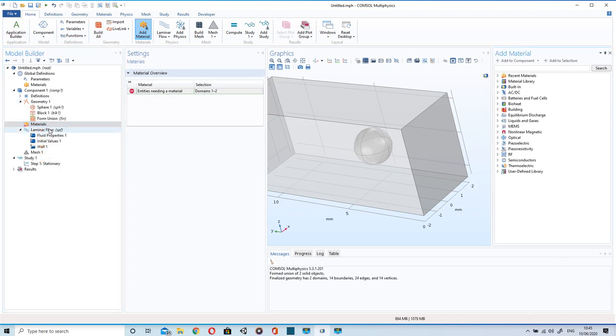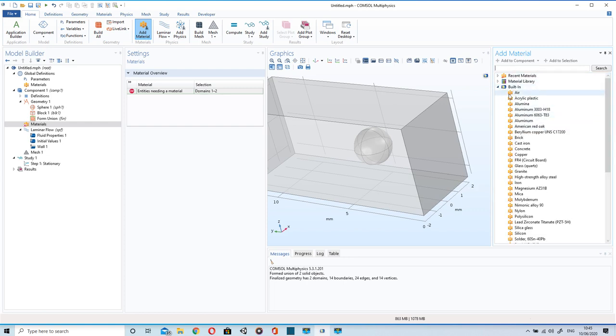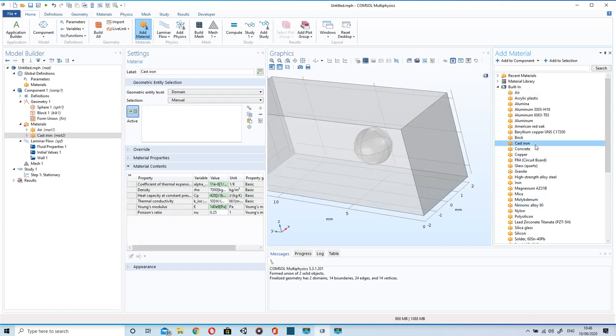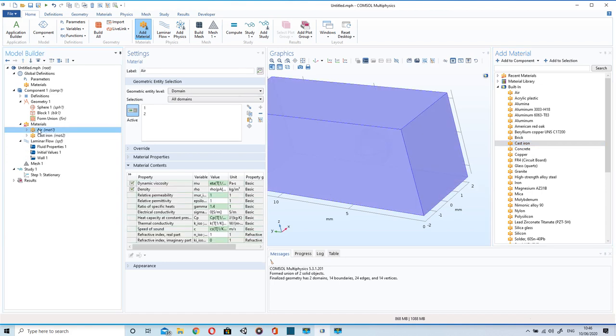After building the geometry, we'll go to material. Right click, add material, or you can also assign material from the right add material box. Here we will go to built-in. I will select air, double click the air. Now another material will be cast iron for the sphere.